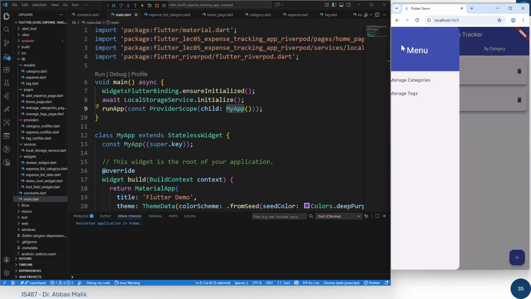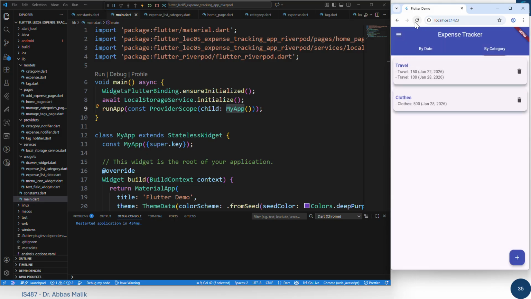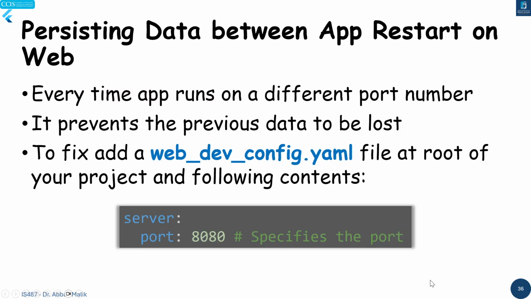And remember one more thing, that if I refresh my page and rerun the application, it will run on a different port. This is especially important when we are running our application inside Chrome. Every time it runs on a different port. In that case, the previous data will be gone. So if we want to